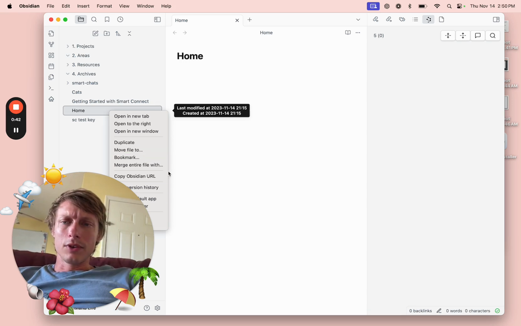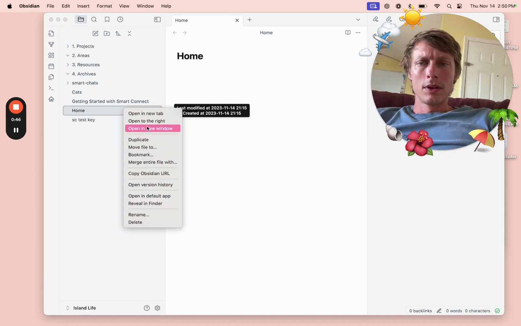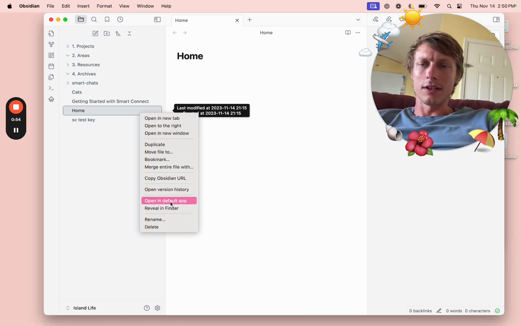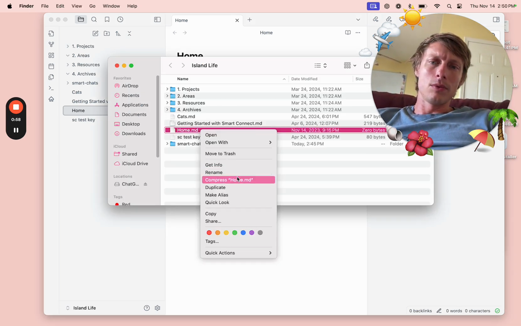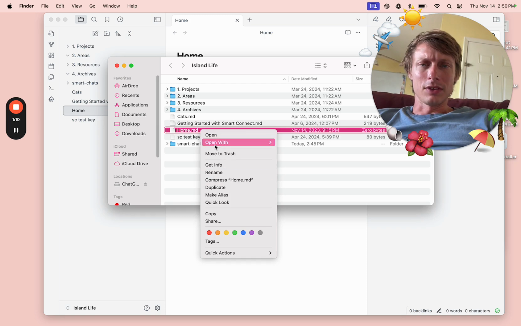Let's find out where it's at. So what I'm going to do is open my home note in TextEdit, and Obsidian will update immediately. I mean, not that it matters if you're in TextEdit, you're probably just reading there and writing. But yeah, so open with,